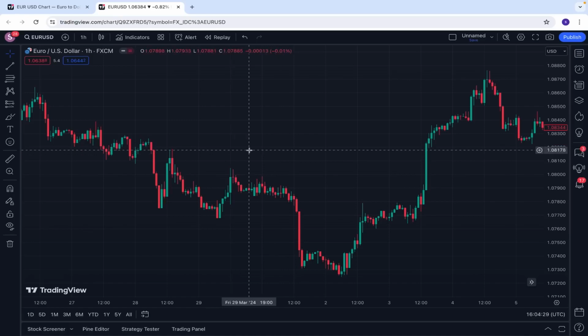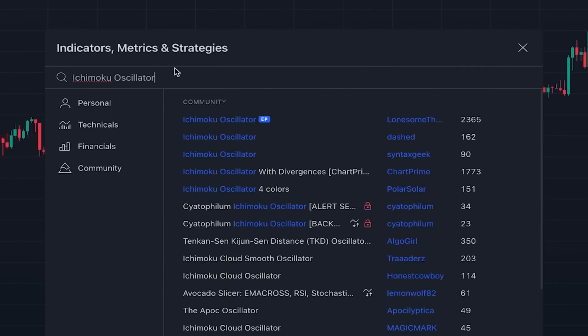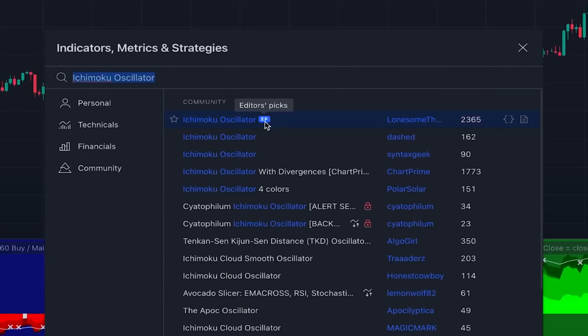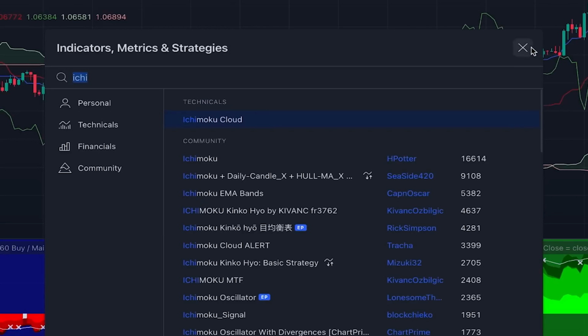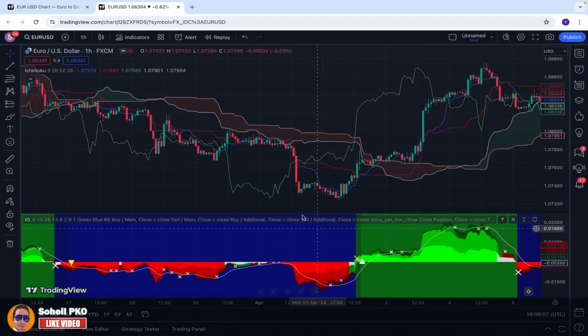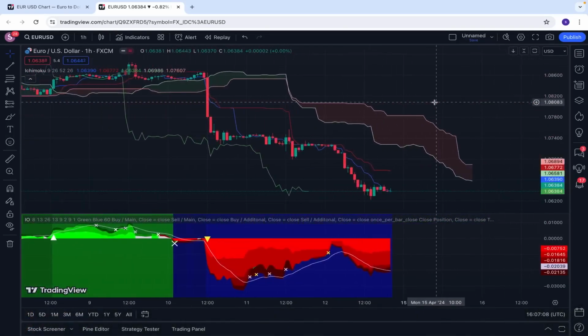Alright, to add this new Ichimoku Cloud indicator to our chart, we click on indicators and search Ichimoku oscillator. This one is an editor's picks indicator written by someone named Lonesome the Blue. We also add the original version, this one, because before we can understand this new version, we need to know the different components of the Ichimoku Cloud indicator, so it will make sense how this oscillator gives these buy-sell signals. Each of these lines and shapes has a Japanese name, but in this video we use the translated